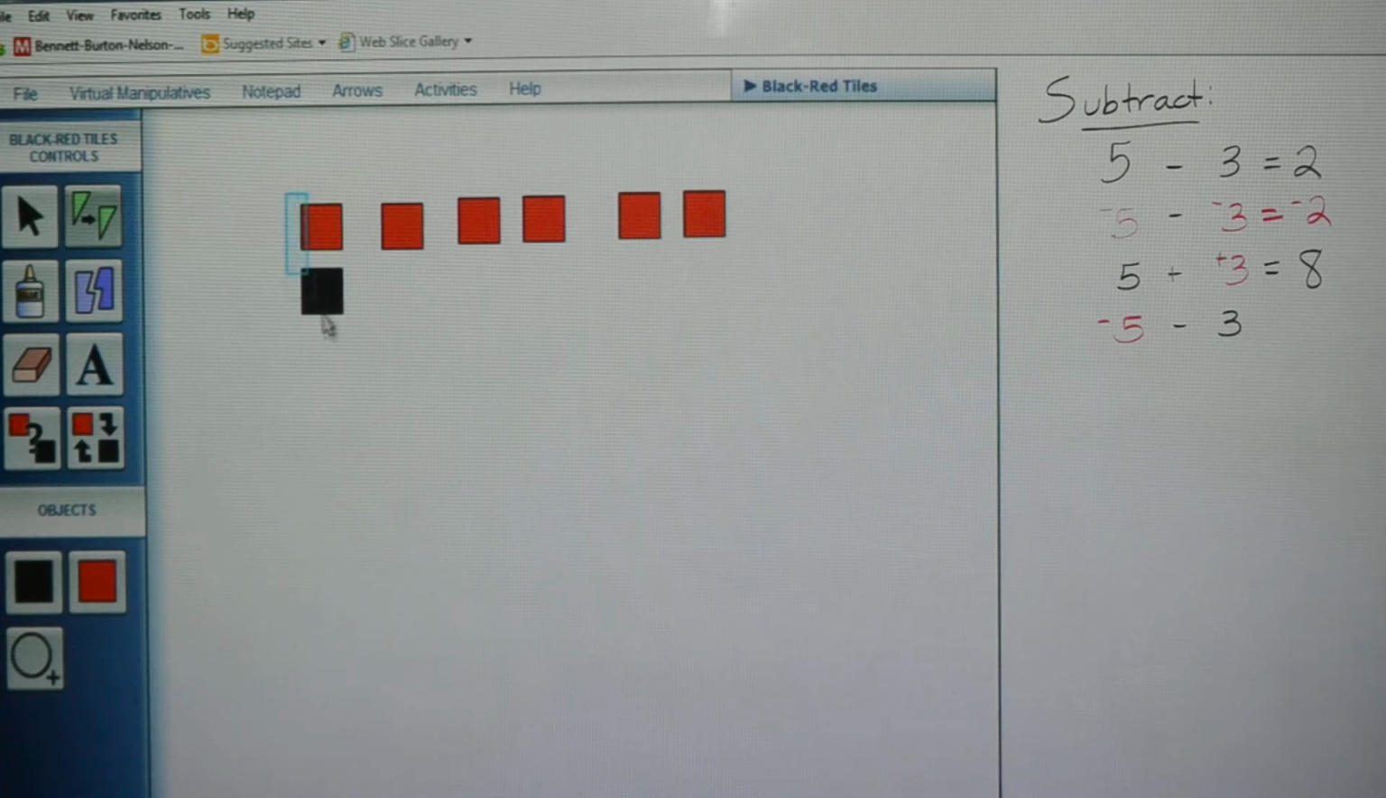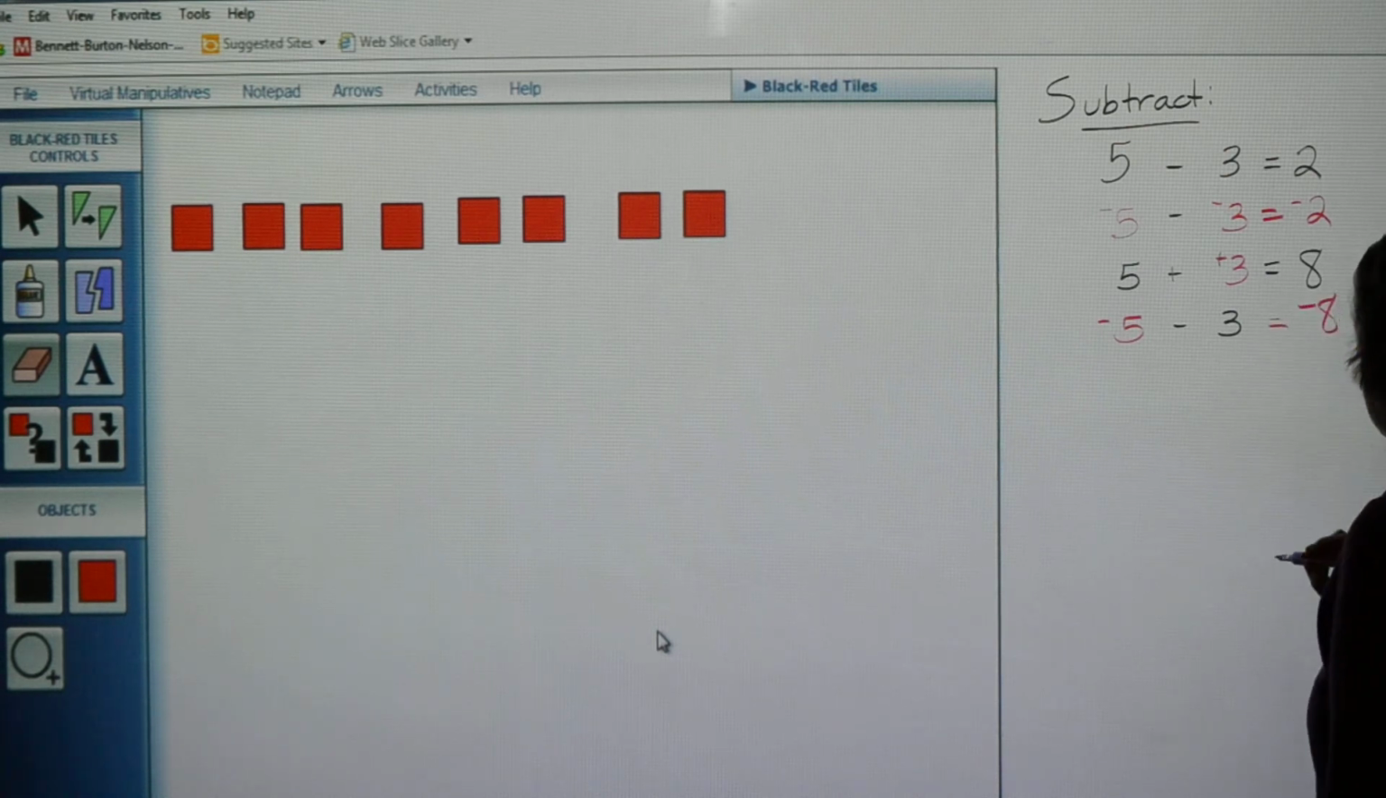So I'm going to make another set just like that one, and another set just like that one. Okay. Now I have 3 blacks. I still have a value of -5 because these are all equal to 0. I can subtract 3 blacks. I am left with 8 reds, or my answer is